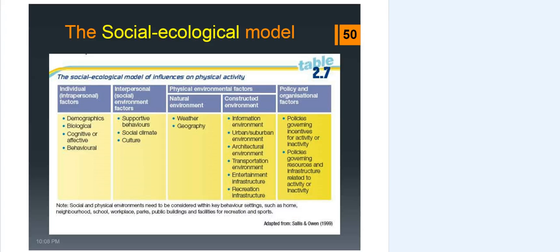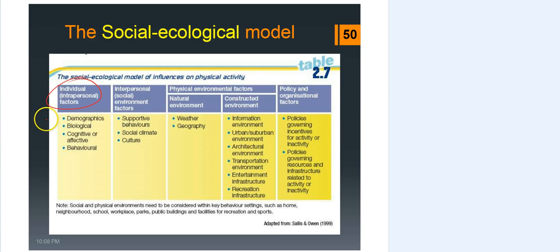Okay, jumping to the social-ecological model. What I've asked you to do previously with the websites, Better Health channel, and the next ones will probably actually occur in Chapter 3. Here, social-ecological model, we've talked about this a lot, but to go over it again,